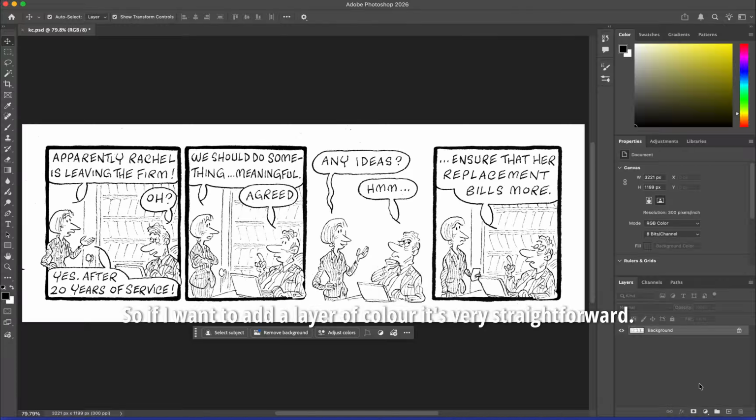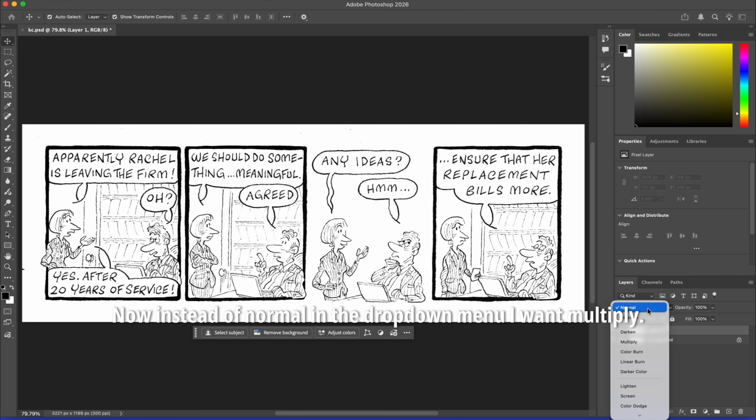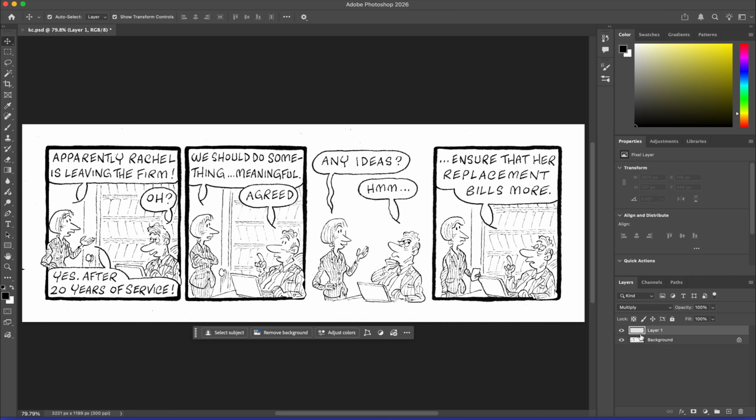So if I want to add a layer of color, it's very straightforward. All I do is go down to this little plus sign down on the bottom right hand side of my screen and click on that, and that will add an extra layer. Now instead of normal in the drop down menu, I want multiply, and then I can go ahead and start